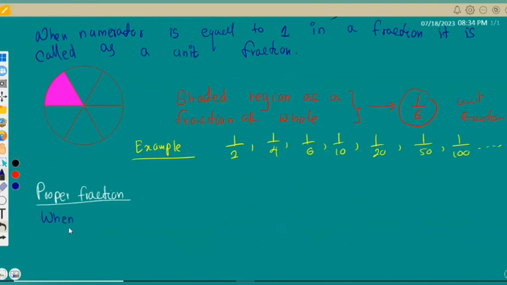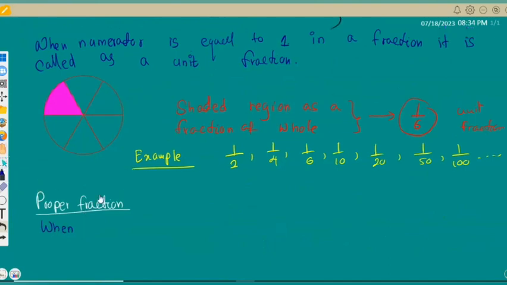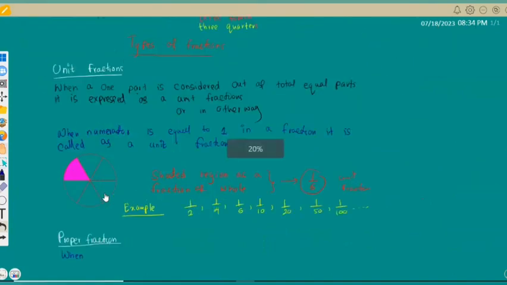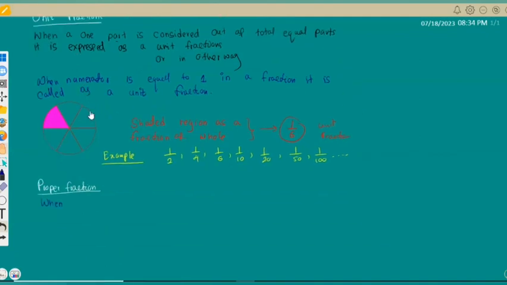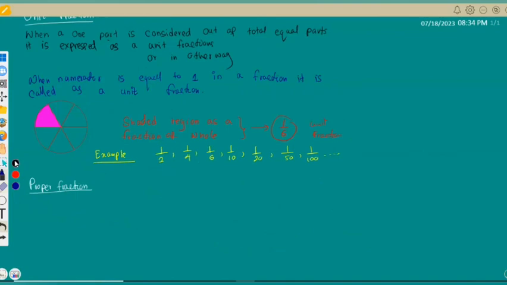When less number of parts than number of total, less number of equal parts than number of total equal parts